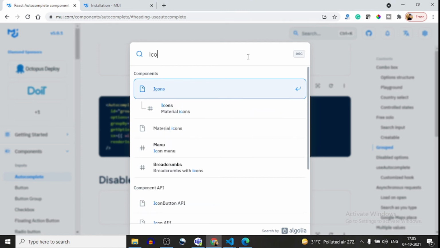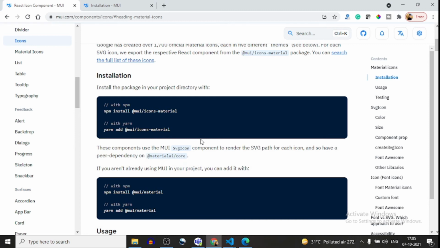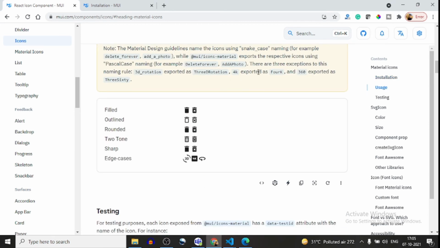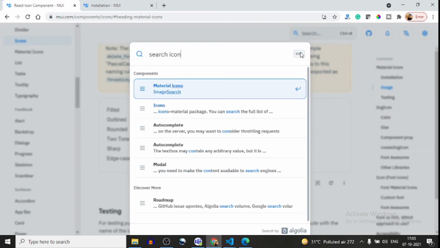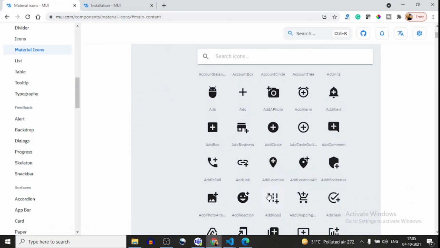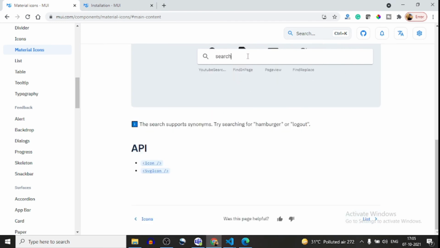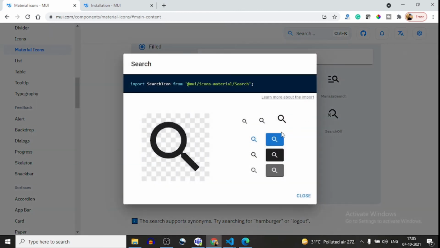So I will go here and look for the search icon, the Material UI icon. Here, with search, I can use this search icon.